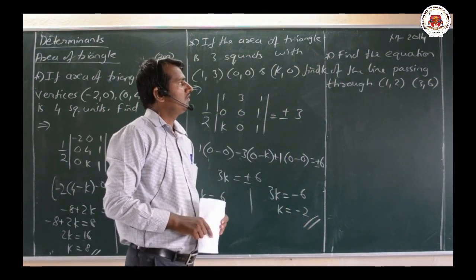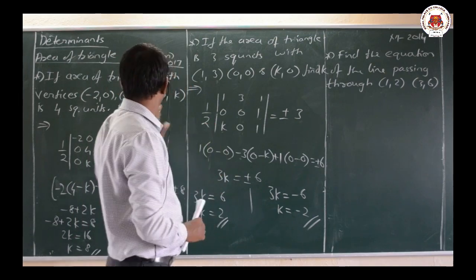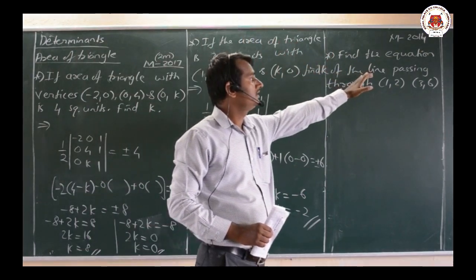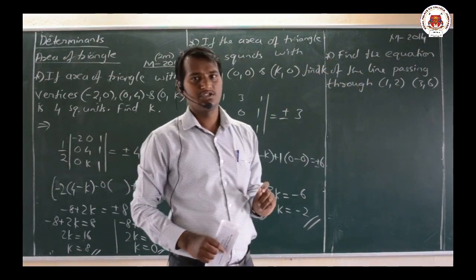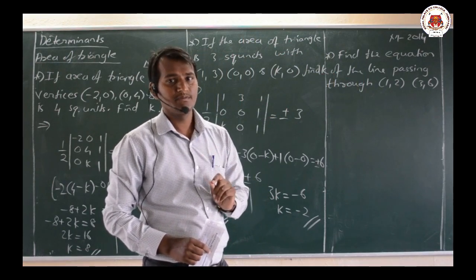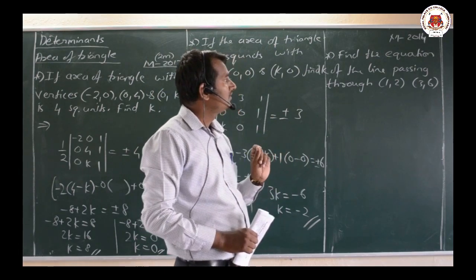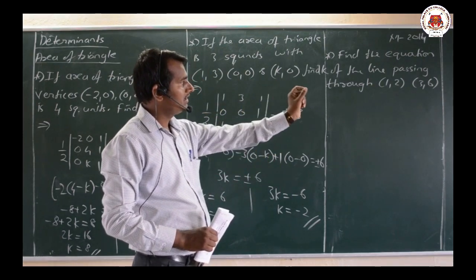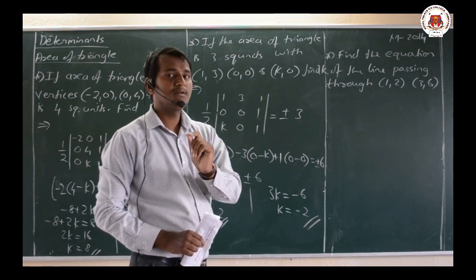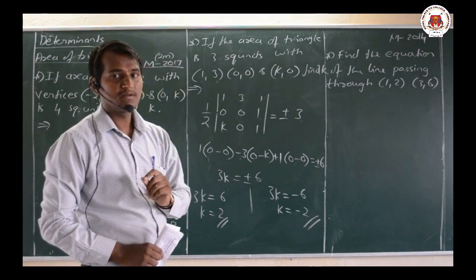Dear friends, what he is asking here is to find the equation of the line. What is the topic here? Finding the area of the triangle. But the question he is asking is the equation of the line. We had seen one more note just now: we say 3 points are collinear. 3 points are collinear means all the 3 points lie on the same line. Therefore, find the equation of the line passing through 1, 2 and 3, 6. If the points are collinear, then the determinant value is 0. Please remember, if the points are collinear, then the determinant value will be 0.